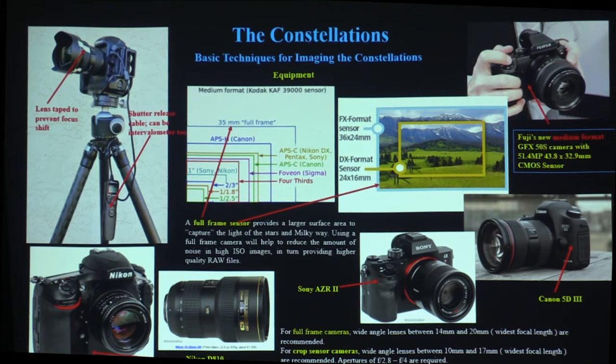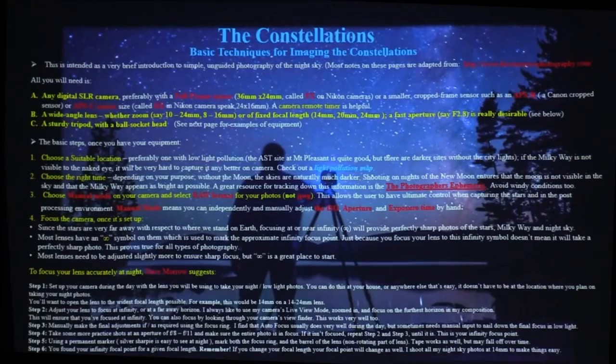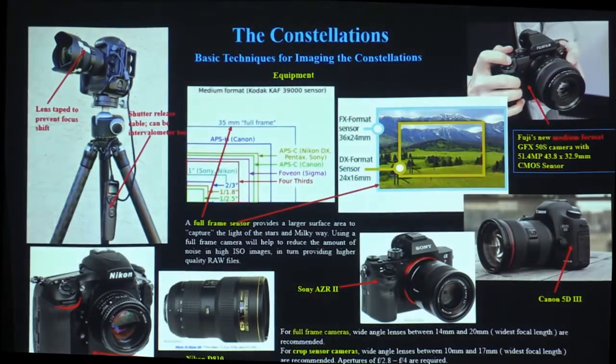Set your ISO, that is the speed rating of your camera, to anywhere between 1600 and 3200 ASA or 6400 ASA. Cameras today that have got full frame sensors like that are so good that exposure times of 30 seconds will generate a pretty decent image of the Milky Way. So I'm going to cut this very short. There's some examples there of the different kinds of lenses and setups. By the way, lots of cameras have crop frame sensors, smaller sensors, so they're not as good.